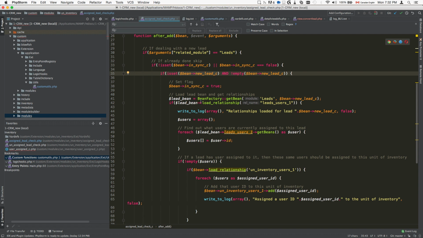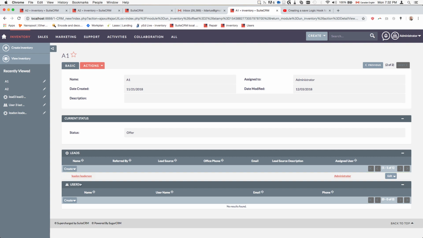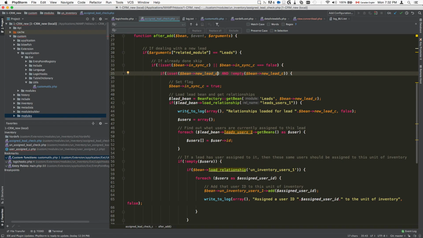So afterwards, what we're going to do is we're going to check what users are assigned to this lead. So if you remember, we're checking what users are assigned to this lead, and we do it by first instantiating an object of the leads class. Basically, we're creating a new leads bean, and for this bean, we're going to load the relationships. And the relationships that we load are